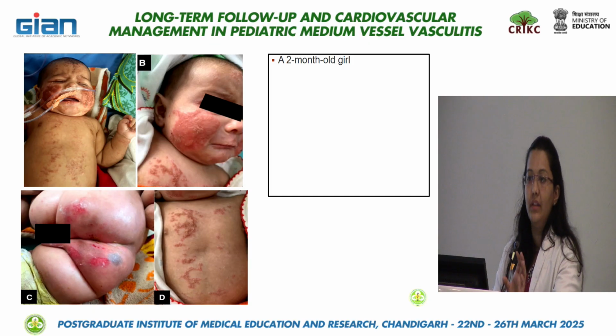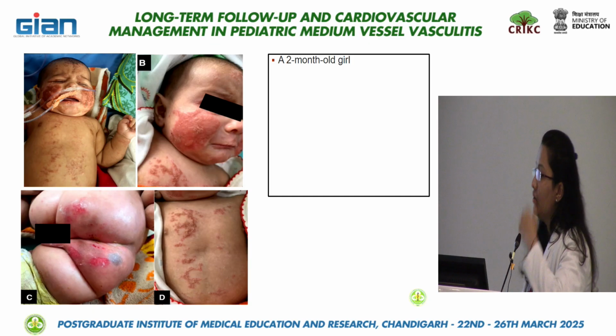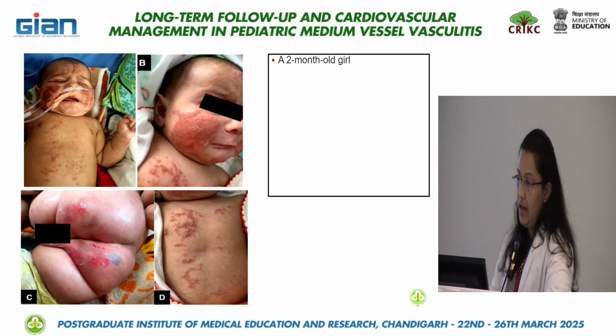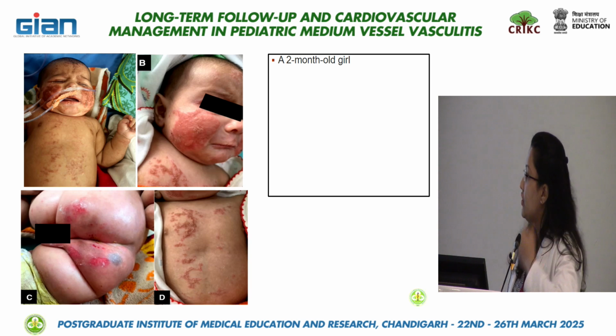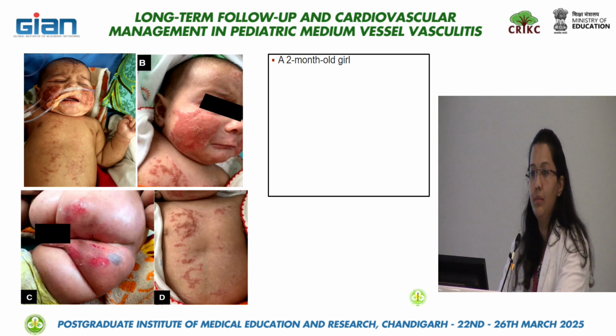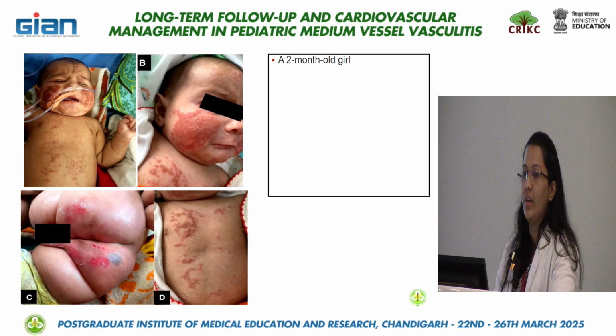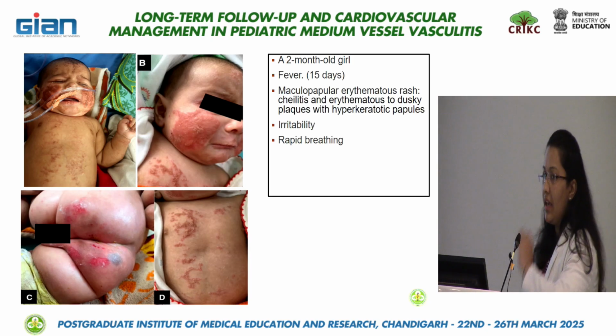So let's start with a few cases that I saw during my residency. This was a 2-month-old girl child, symptomatic since 1.5 months of age. She initially developed high-grade fever, some rash over the body which resolved, and then it developed into some verrucous type of lesions. Over time, she became very irritable, she was very tachypneic, so a possibility of sepsis was considered from the referring hospital. They gave multiple antibiotics. So she came to emergency.